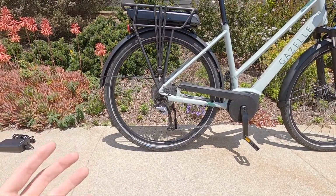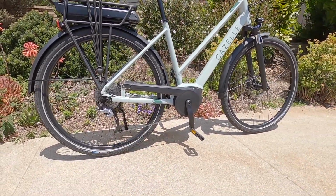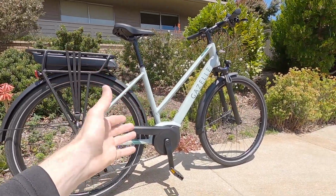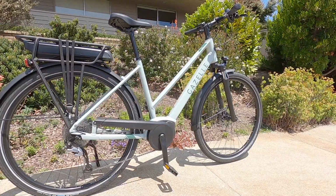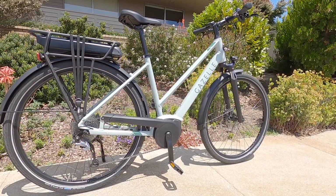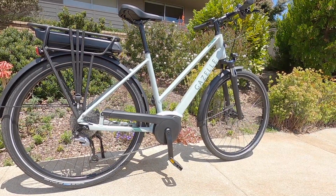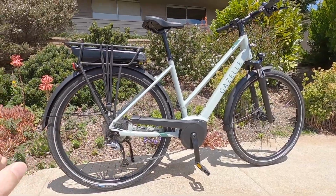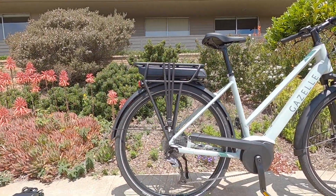So you get a pretty good spread on this 38 tooth steel chainring up front with a nice plastic cover. I always love to see that, especially on a mid-step or step-through model. This bike only comes in a mid-step or mixed-E frame, as you see here. And I feel like it's doing a good job of keeping the frame stiff. It doesn't feel like I'm getting this shimmer or kind of flex feeling, which is great because it does